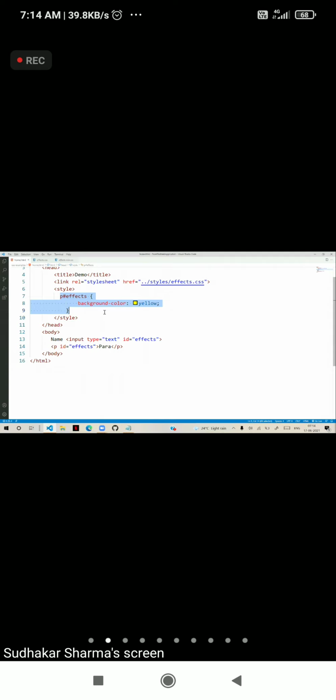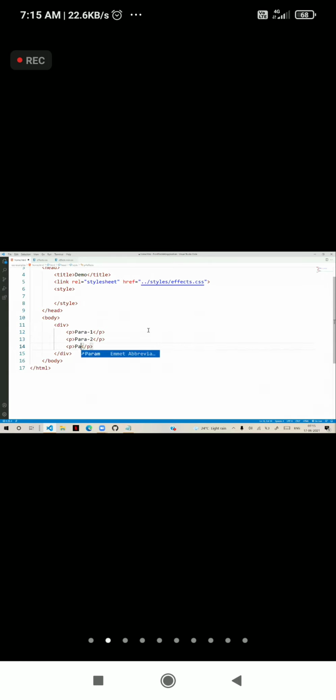So first, suppose we are defining one element, suppose div. So inside this div, we have paragraphs. So para 1, para 2 like this, and para 3 like this we have.